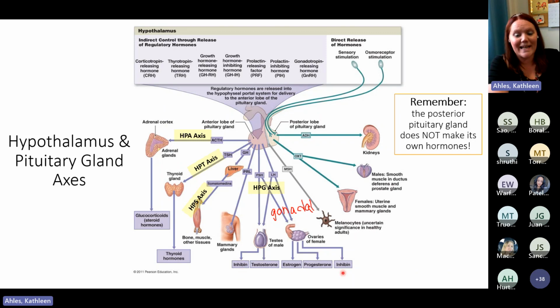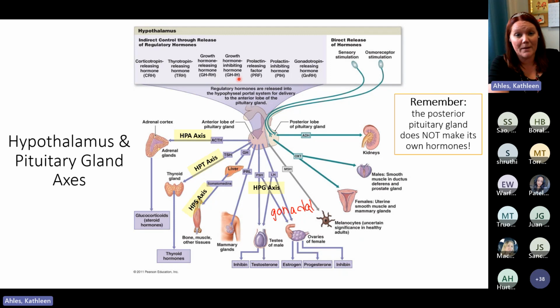So inhibin inhibits the work of these two organs. These two organs are controlled by follicle stimulating hormone and luteinizing hormone, both of which are coming from the anterior pituitary gland. A quick reminder for us that the anterior pituitary gland does make its own hormones. So to control this part of the pituitary gland, we use these things that we talked about that were releasing